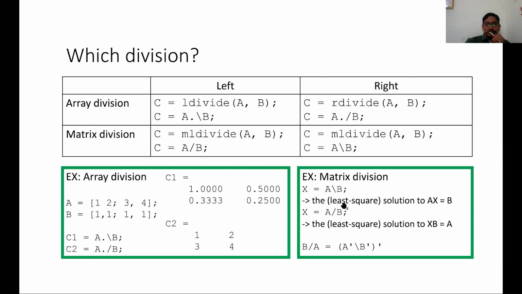Now left division is applied only when you need to solve a system of linear equations, and one can also use it for the least squares method. When you solve Ax equal to B, x equals A inverse B, if it is consistent, if A is a square matrix and you are able to find the inverse. Otherwise it will apply some numerical method to find the solution. So A inverse B means this will be the left division. On the left side A inverse is multiplied, and on the right side B inverse is multiplied. So this is the basic difference between these two.